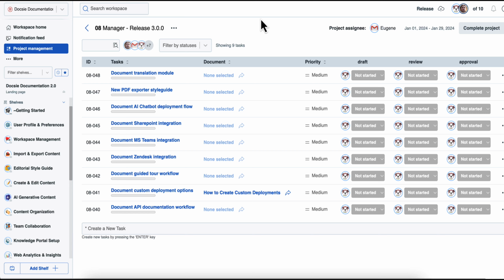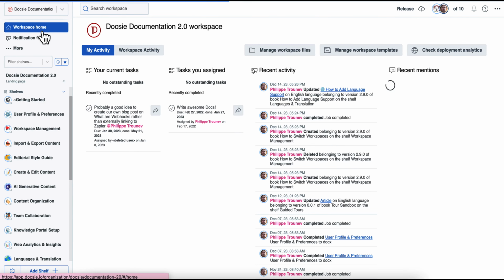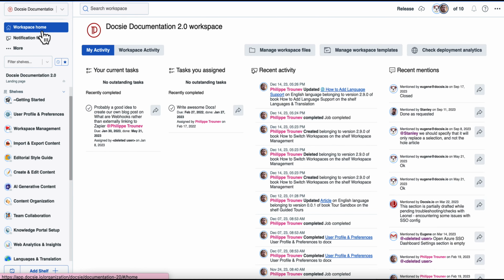Welcome to Docsie. Docsie is an AI-powered knowledge management platform that is built to help you create your knowledge, update and publish your product documentation, and share it with your customers and your internal users by combining internal and external product knowledge. Docsie is a documentation platform that focuses on helping you build out your knowledge portals that look something